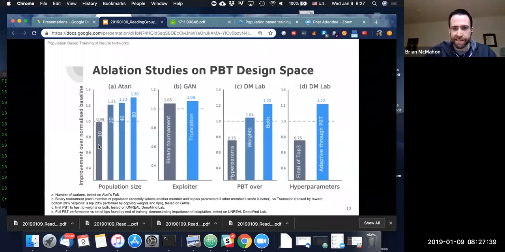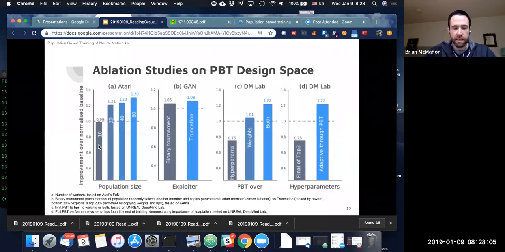And then in C, we're looking at whether only the hyperparameters are copied, or only the weights are copied, or both are copied. And as we can see, it's actually the combination of the hyperparameters and the weights that are key to this algorithm. And finally with D,